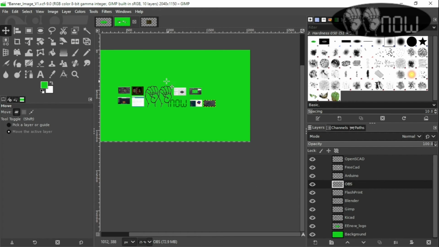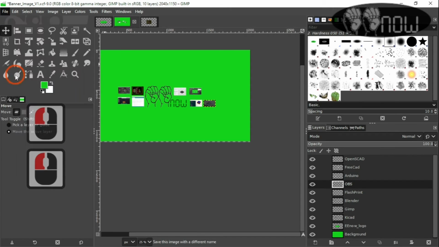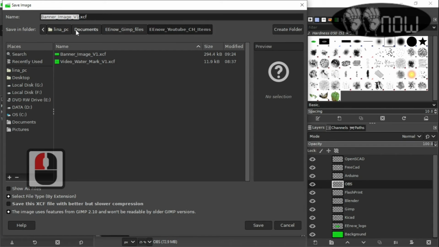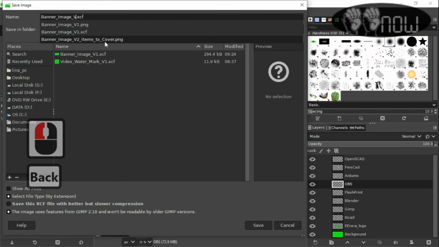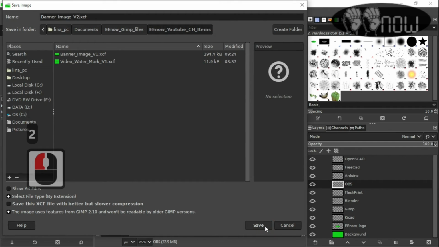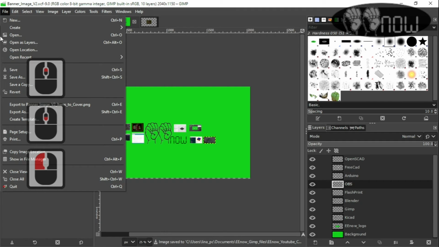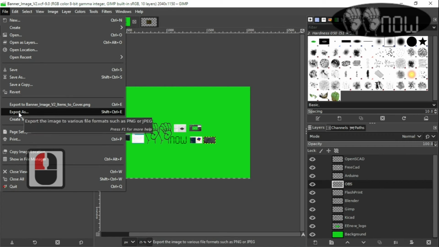I had the background, and I say file, save as. I make changes. I'm going to put 2 here so I keep track of looks. 2, save it, then go file, export as,